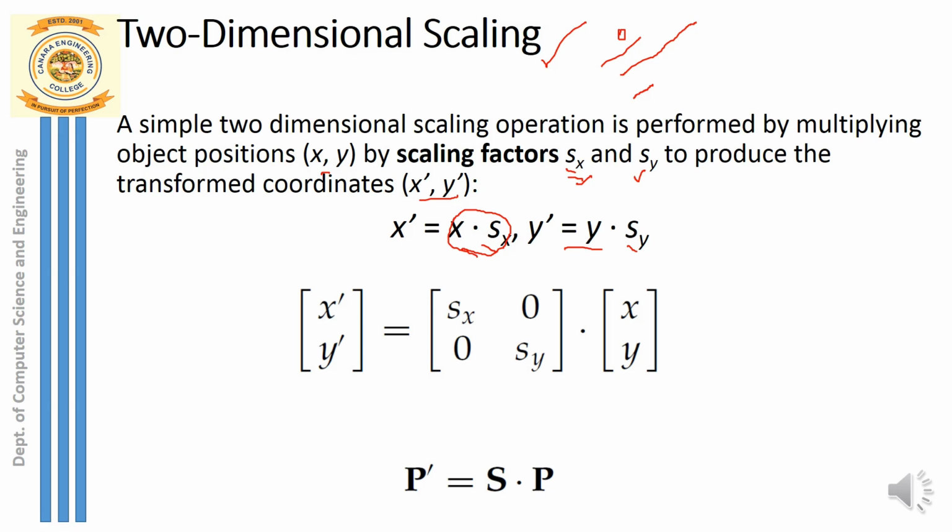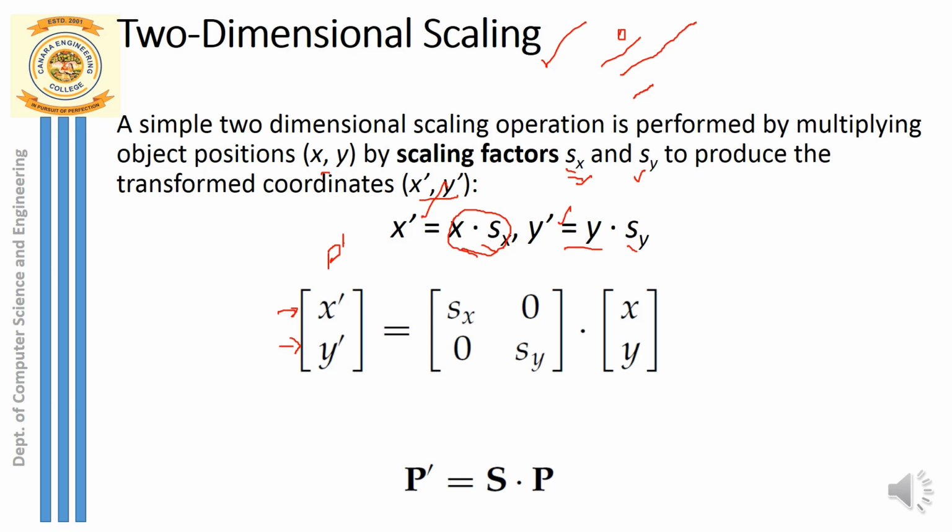So how do I write it in the form of a matrix? This x dash and y dash represent the scaled point, which you can write in the form of a matrix. Remember, it's a column matrix. The first row indicates the x coordinate, x dash, and the second row is y dash. So you write it in the form of a column matrix. So this LHS represents the scaled point P dash, which is given by